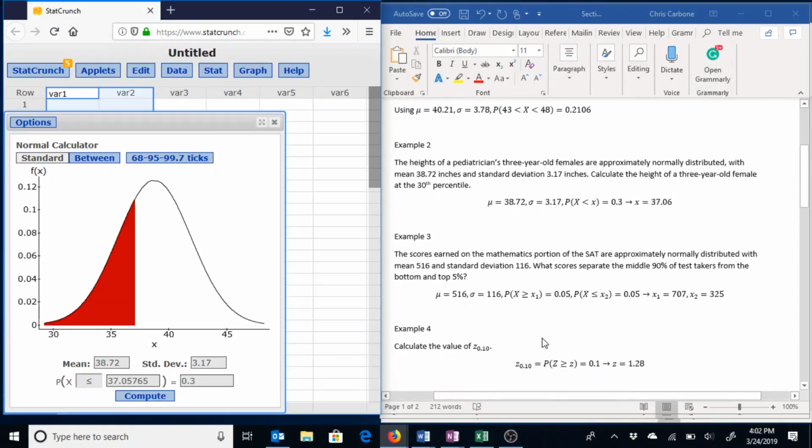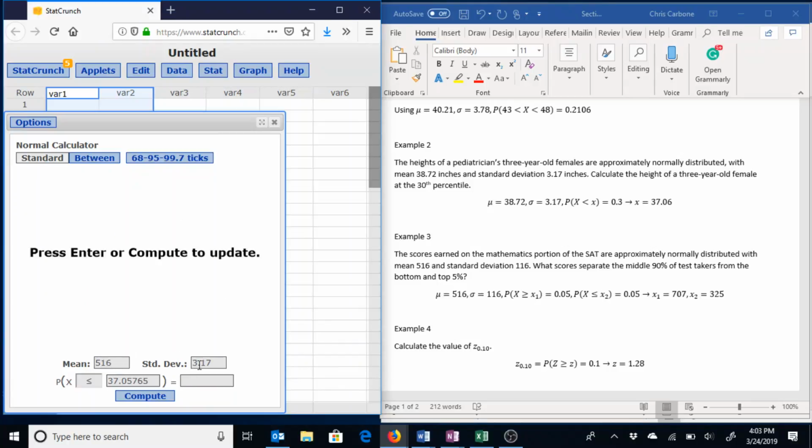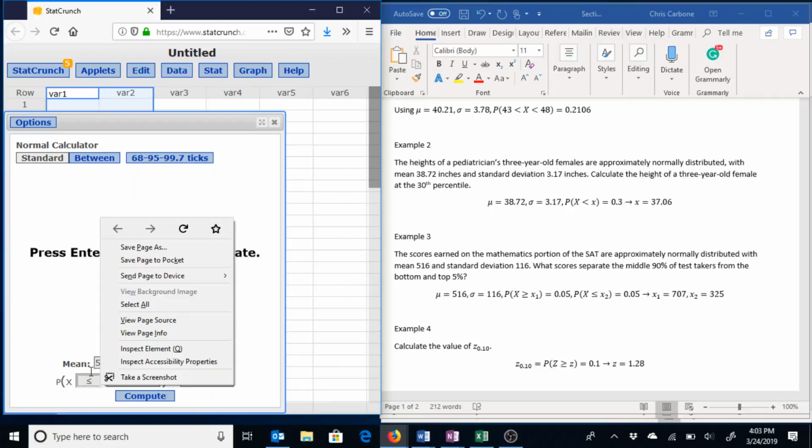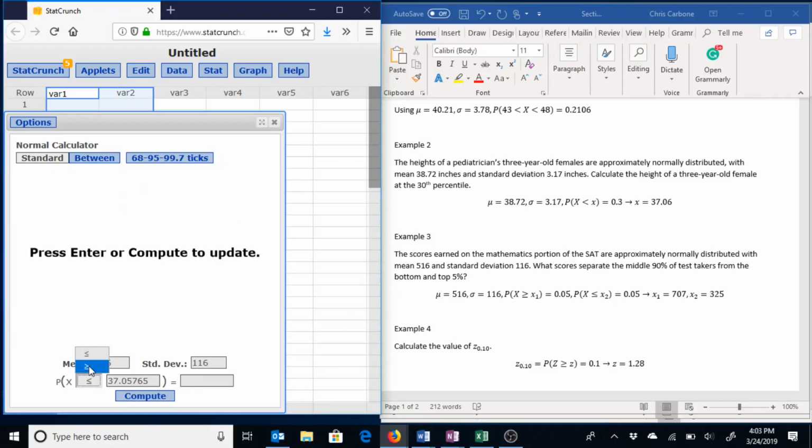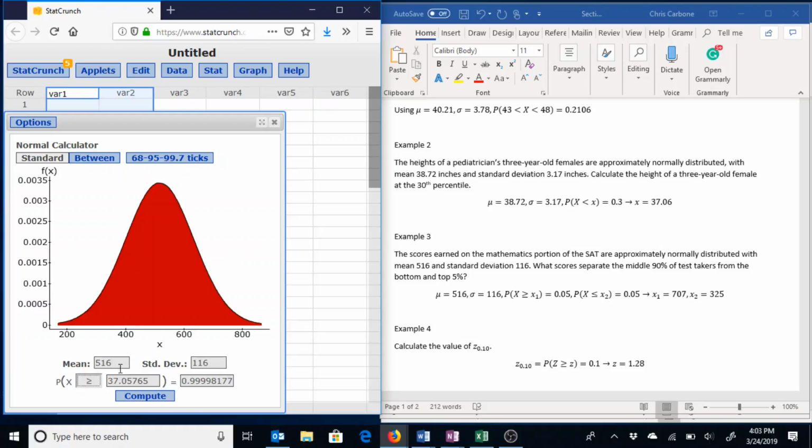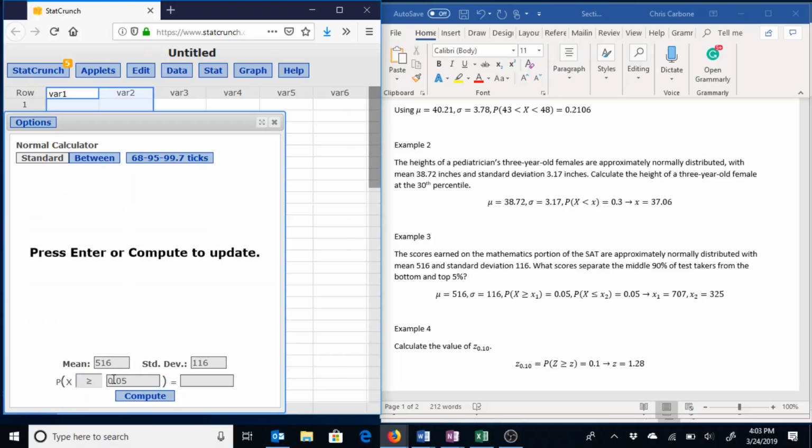Now, example number 3 was the one where we had to do those 2 calculations and got those 2 SAT scores. This one had a mean of 516, standard deviation of 116, and we want the scores that separate the middle 90% from the bottom and top 5%. Again, there's more than one way to think of this, but I'm not going to bore you with those details. For the top 5%, we will have the probability be greater than or equal to 0.05,